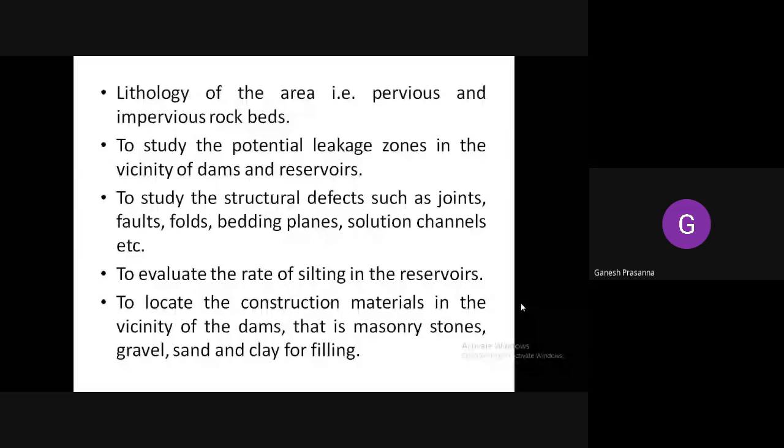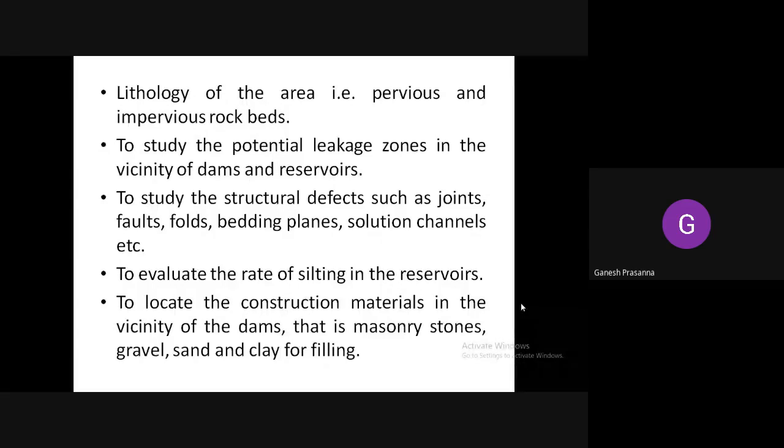Why? Because the lithology is such that the water cannot penetrate through the layers of the earth. The rock bed is impermeable in nature. So you have to understand the lithology, what rock type is present in that area.